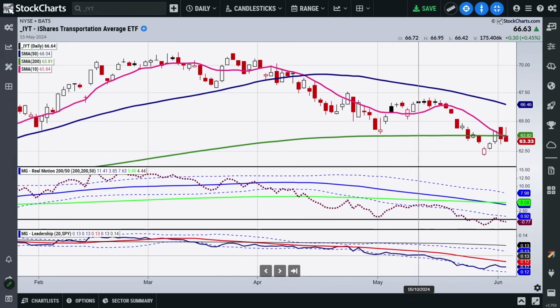And you can see that this has been well underperforming the SPY. I mean, really, look how far back we have to go to March to see just how poorly transportation has been doing. So to me, this has been a great sign of caution. That doesn't mean there aren't areas of the market that are doing well, but certainly we would need to see this pick up in order for us to feel comfortable.